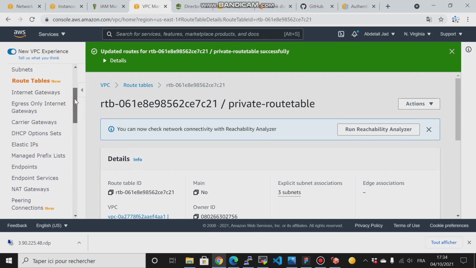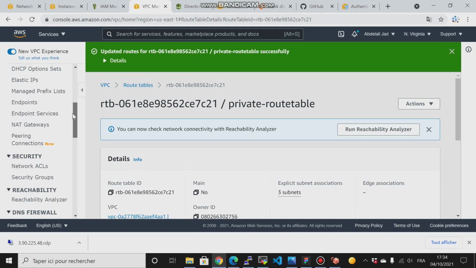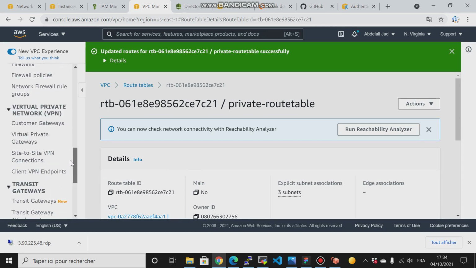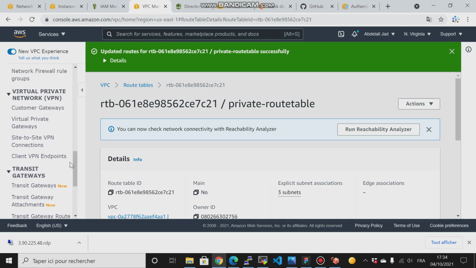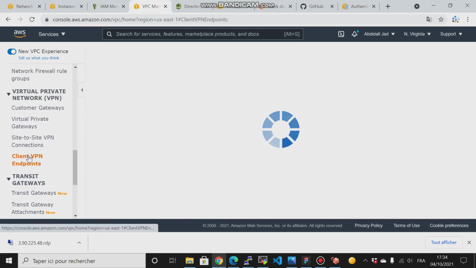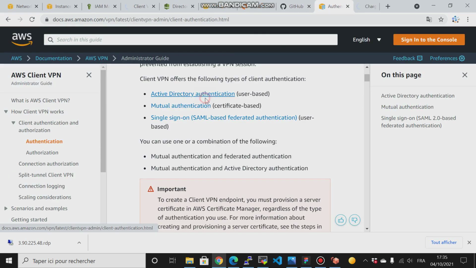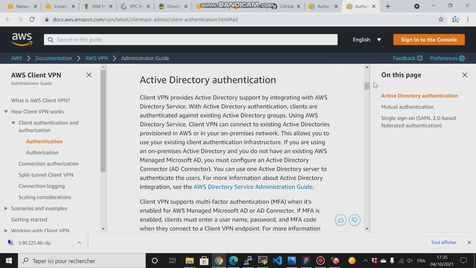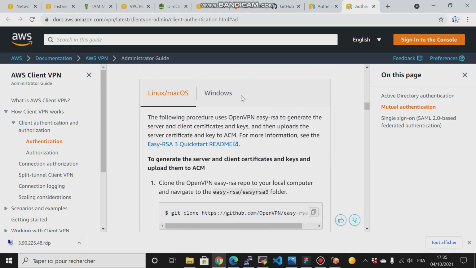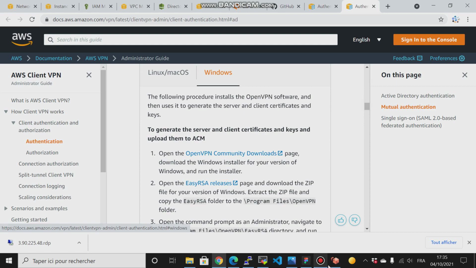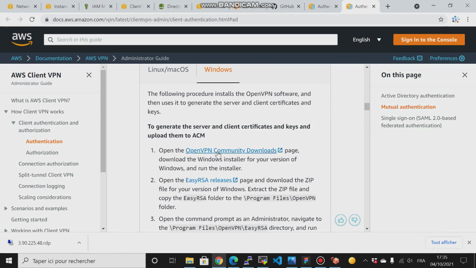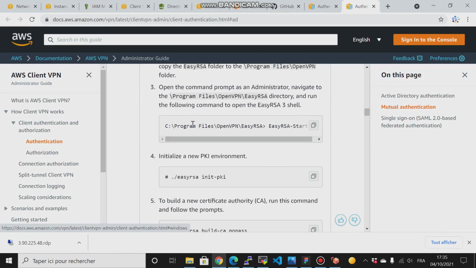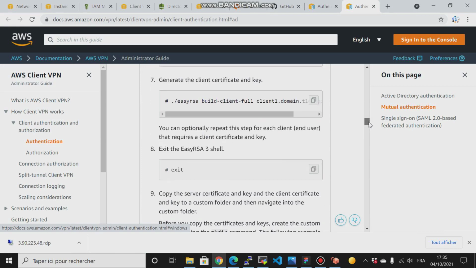So to create that, just go down here, and then we have our client VPN endpoint. And here everything is covered. You have at first, because we are using Windows on this workspace, to follow this instruction to download OpenVPN, then run these commands. And then